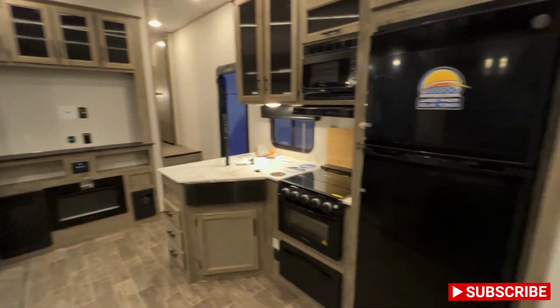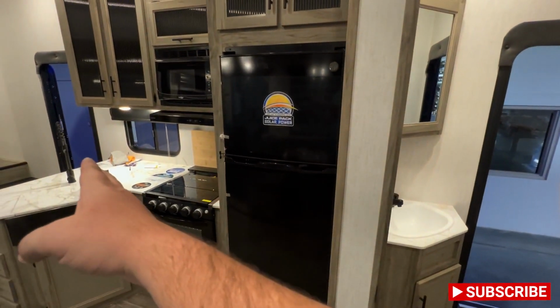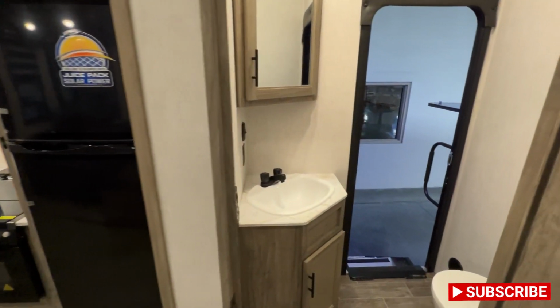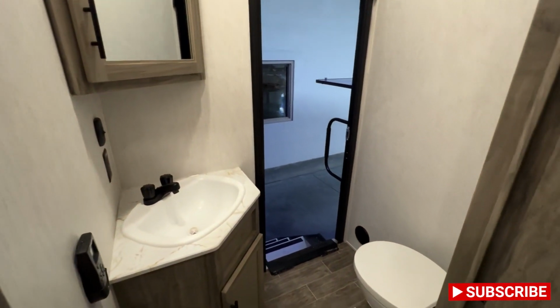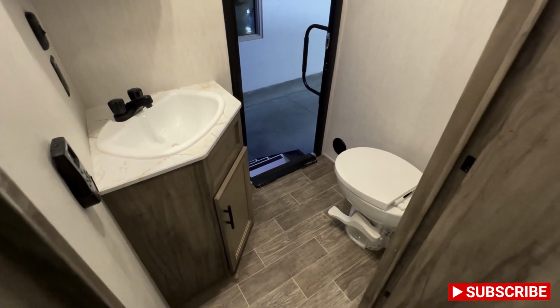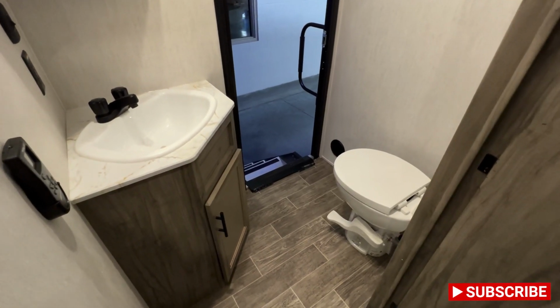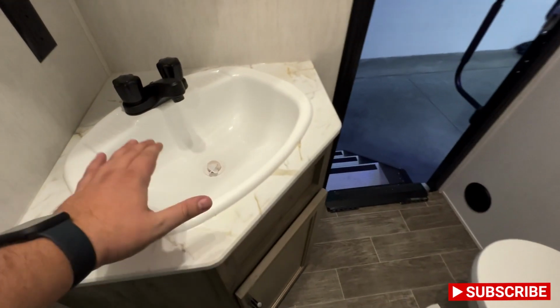You swing around. This is a dual entry, so you got an entry right here through the bathroom. You also have your main door entry right there, but that's nice if you guys are outside getting dirty, hanging out at the lake, doing your thing. You just have access where you can walk right in, do your thing, walk back out without tracking everything through the camper. You're also going to have a sink